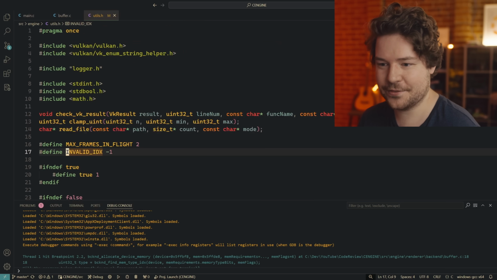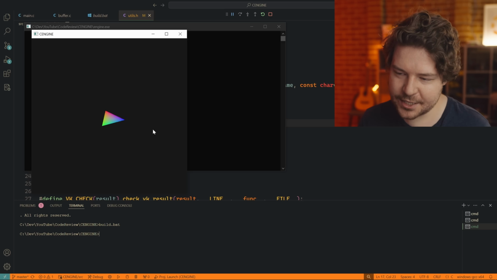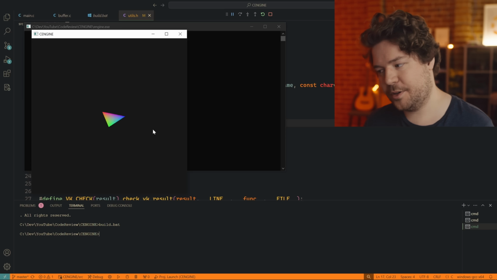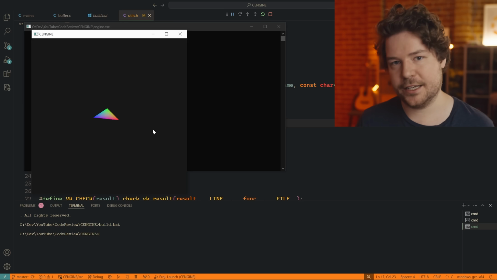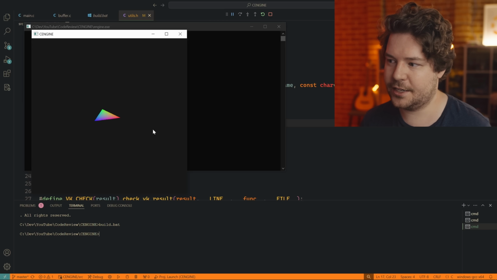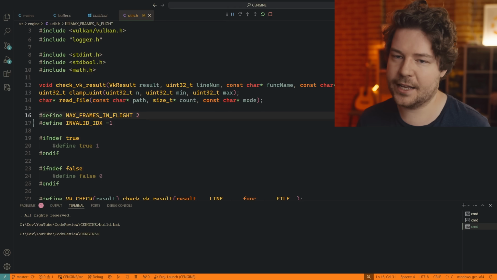Like, who sets invalid index to 2? And then I wonder if that will just magically fix it. It worked, you're welcome. So I'm guessing this worked on your computer, maybe because of the memory type it pulled from the GPU. You have a different GPU probably, maybe it's Linux, whatever. It just happened that either 0 or 1 was the appropriate index. And so you're like, oh, well, 0 and 1 are acceptable values. Let me just set it to 2 as not an acceptable value.